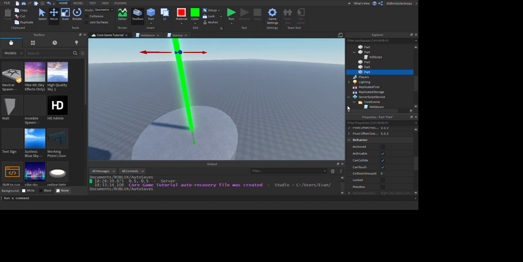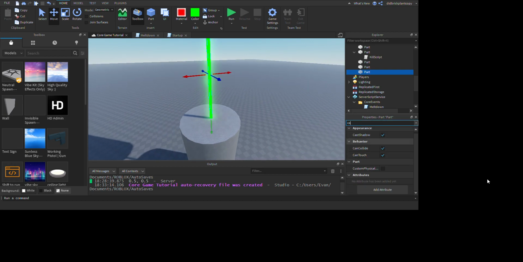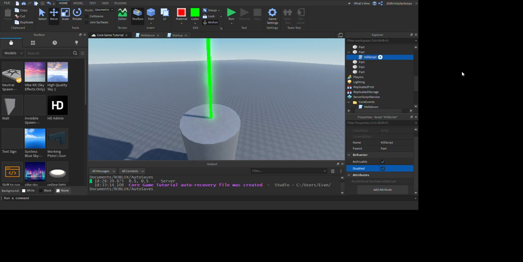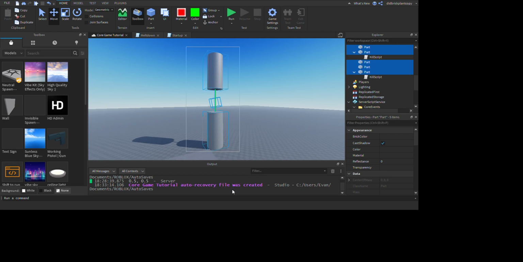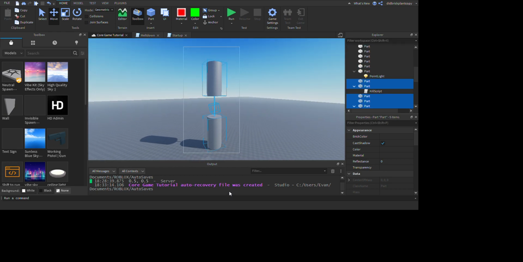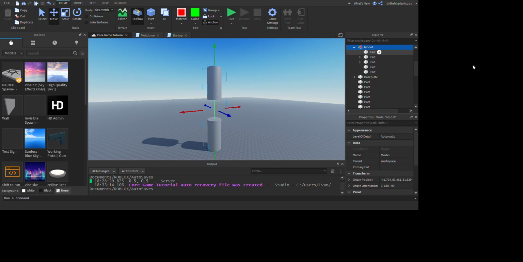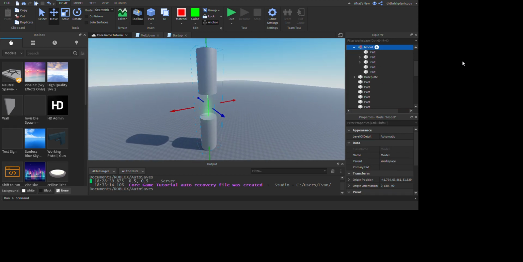So now we made the laser. We're going to set it to CanCollide false. We're going to make it so it has a kill script too. And now we're going to group this entire reactor core that we built. Oh, and I forgot to mention that you need to anchor all of it. So now we're going to press the group button, and now it makes an entire model of it. So we're going to rename this model to